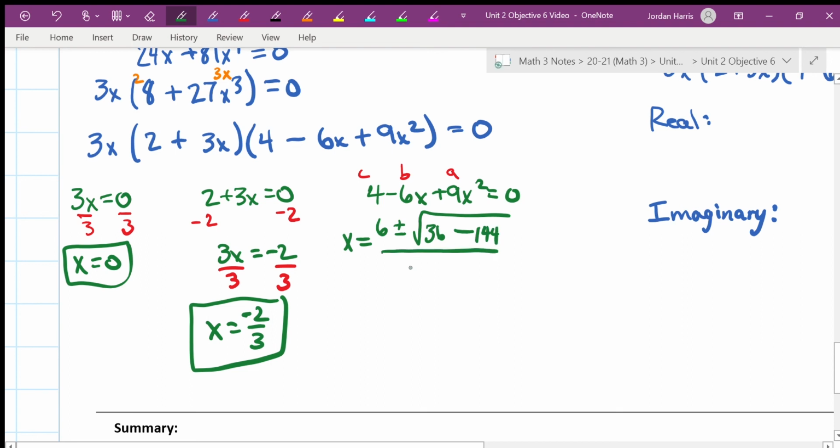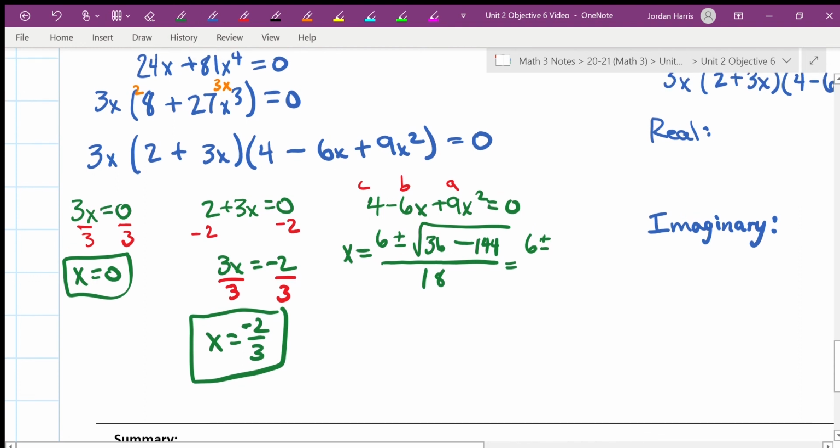All over 2 times a, which is 9, so 18. So I get 6 plus or minus the square root of 36 minus 144. Once again, need a calculator for that one. Negative 108